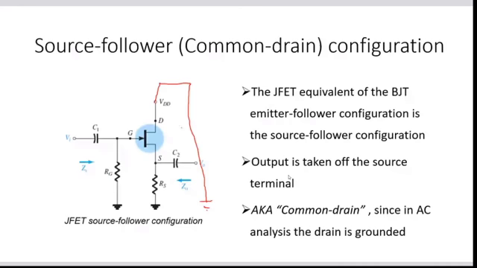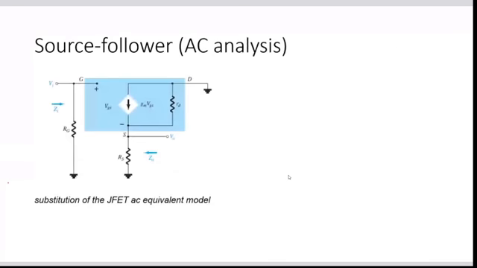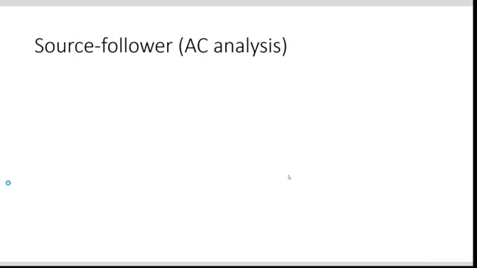Fine, I will move on to the next slide. We are going to do the same thing. We are going to substitute the AC equivalent circuit, and we are going to solve for the input impedance, output impedance, and the voltage gain. So after substituting, you can see here